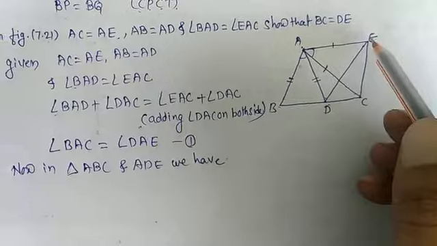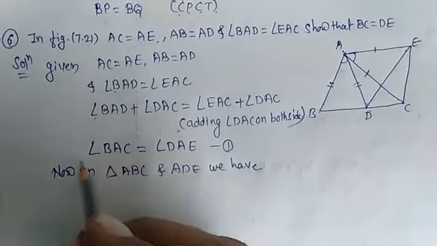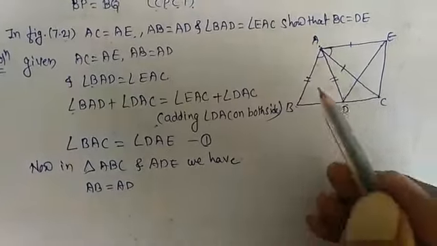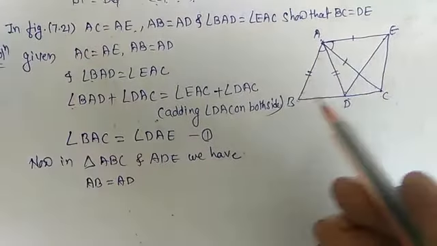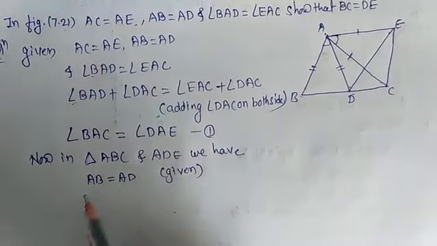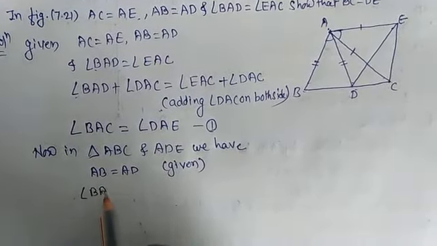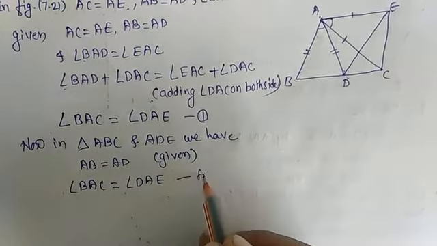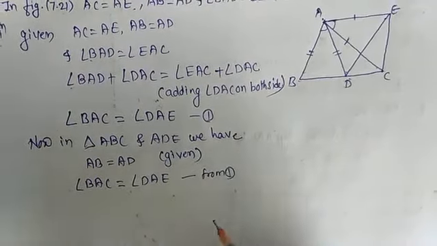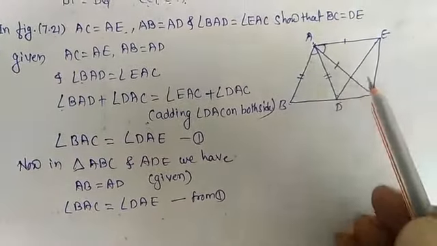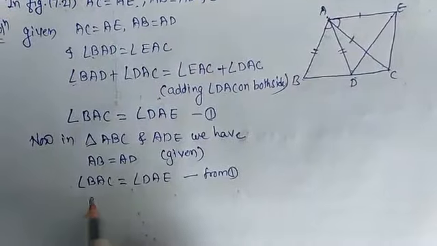In these two triangles we have AB equal to AD, because it is the given part. Next, angle BAC is equal to angle DAE from equation 1. Okay, from 1 we can say that these two angles are equal,